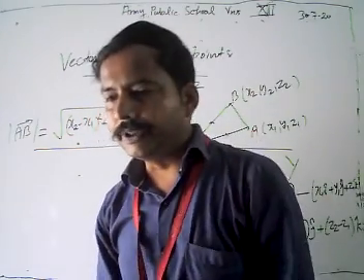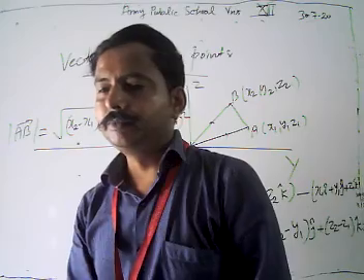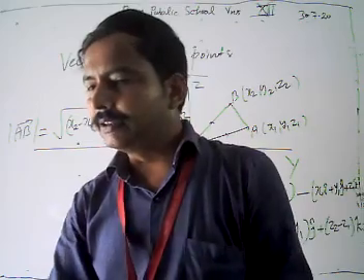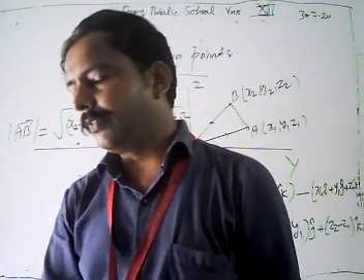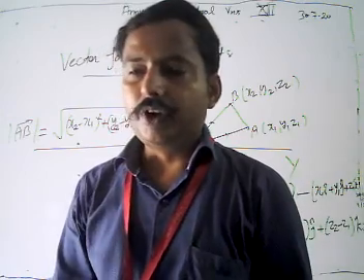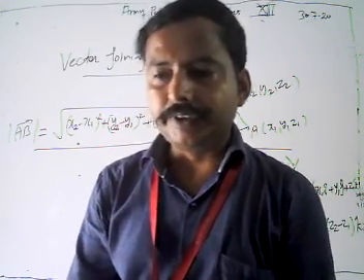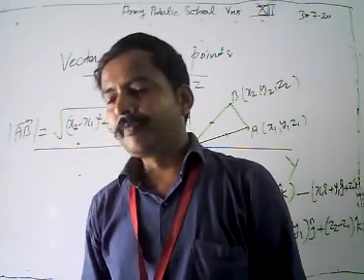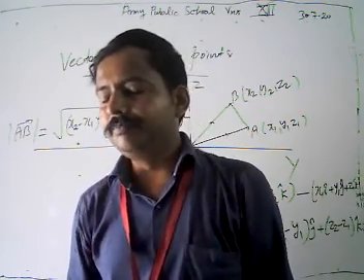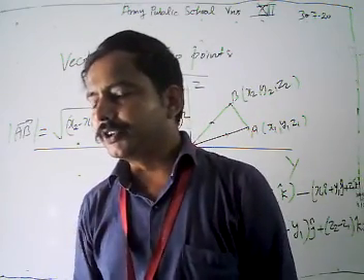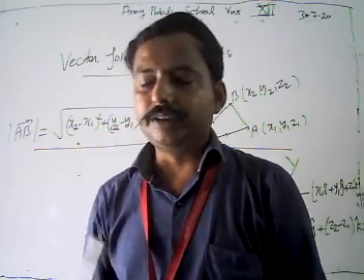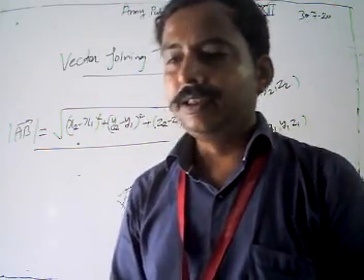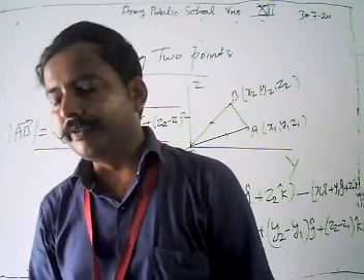Ashwin, till now in our vector algebra, we have discussed, in our last video, vector addition, including the triangle law of addition and the parallelogram law, by which we can add two vectors. Then we discussed the properties of addition of two vectors: it is commutative, associative, has an identity, and has an additive inverse.